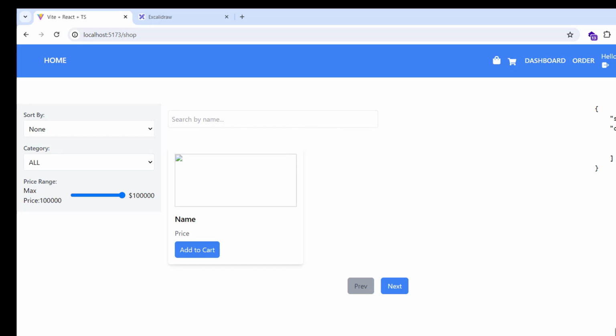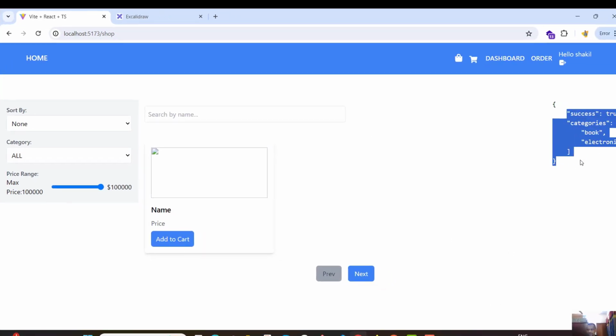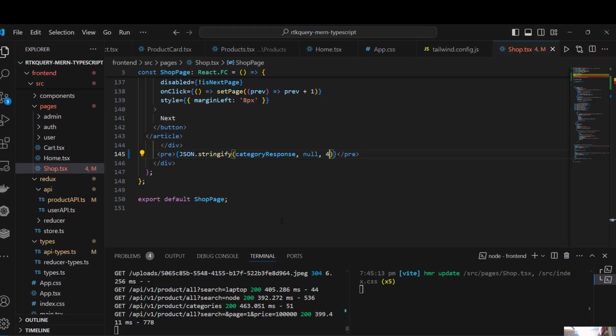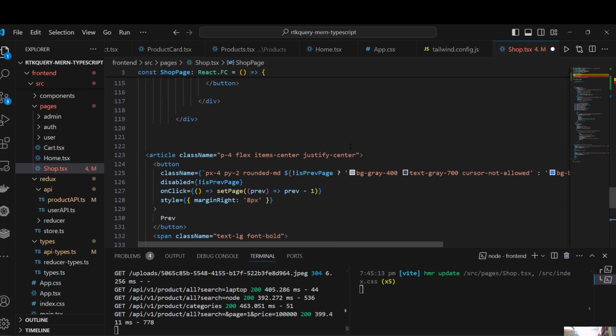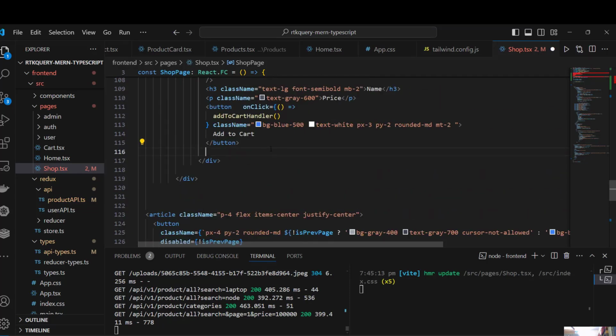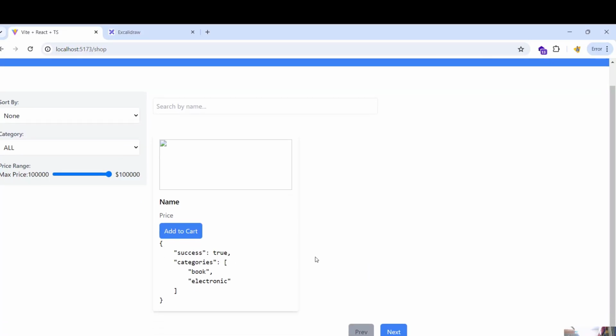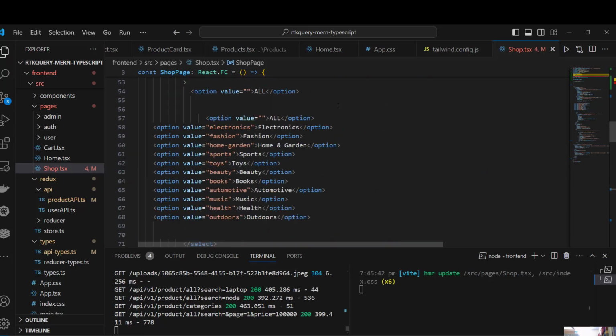So we are getting success. How many categories we have? In the database, we have two categories, book and electronic, so we are getting categories. Maybe it is in the wrong place to show it clearly, so I am showing here. Okay, so we have two categories. One is book and the other is electronic. And if we stringify